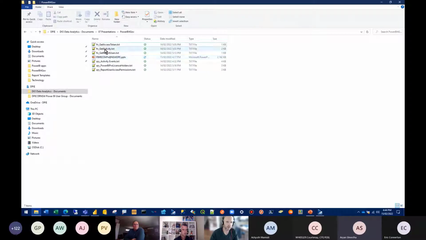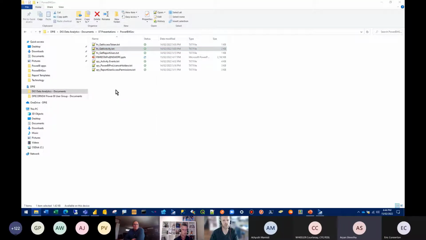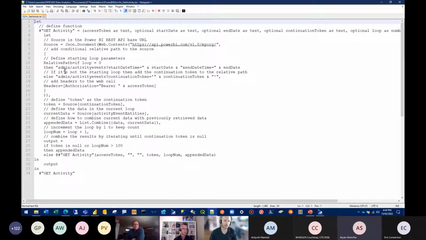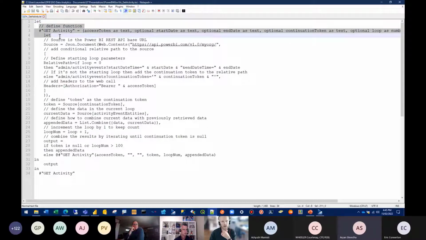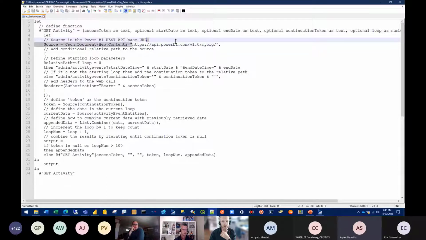So if I look at, let's say I want to get the activity, because that's probably my most important. If we look at this Power Query, what I'm doing is I'm defining a function right at the top. I outline my source, which is the Power BI REST API endpoint. I start a loop where I'm going to iterate through that REST API endpoint up to 100 records, because that's